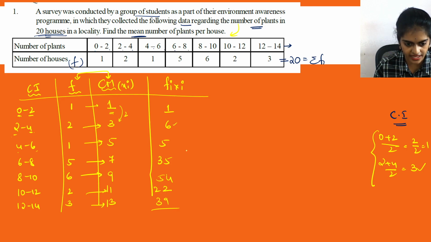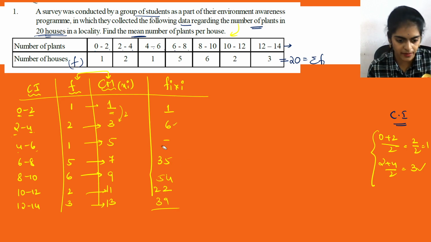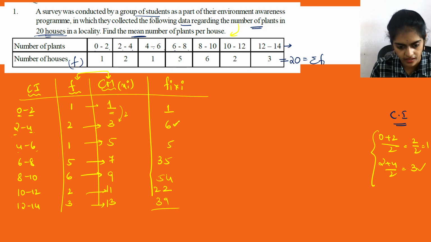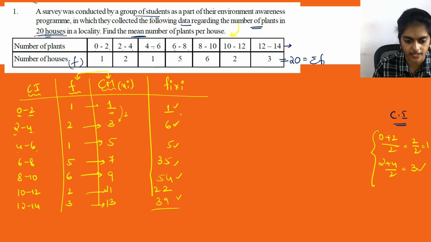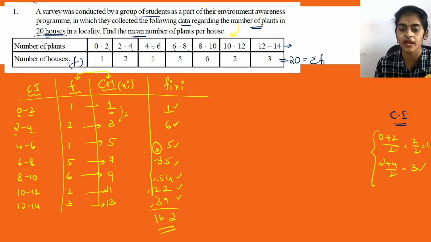Write all of them in order, so that it makes your addition easy. Now see, beta: 6 plus 4 is 10, 5 plus 5 is 10, so 10 plus 10 is 20. 9 plus 1 is 10 again, so 20 plus 10 is 30. And you have 2, so 32. Now again, 5 plus 3 is 8, 8 plus 2 is 10, 13, 16. So 162 is sigma fi xi.